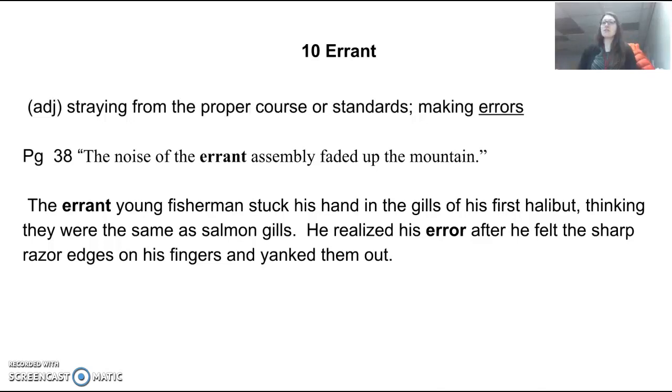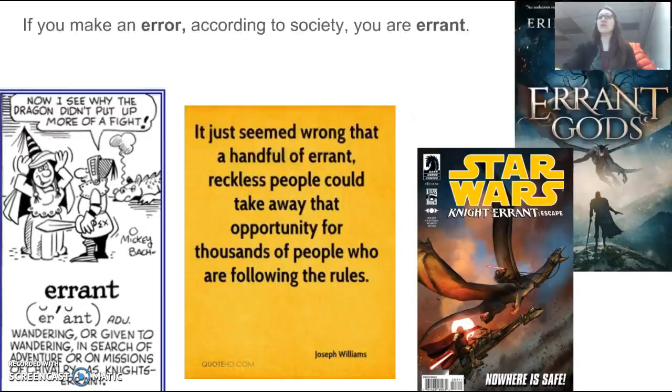The errant young fisherman stuck his hand in the gills of his first halibut, thinking they were the same as salmon gills. He realized his error after he felt the sharp razor edges on his fingers and yanked them out. So errant,